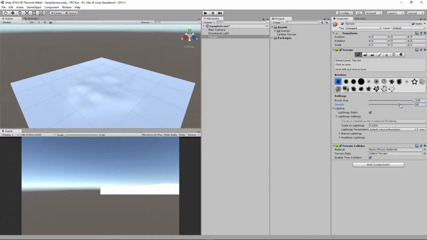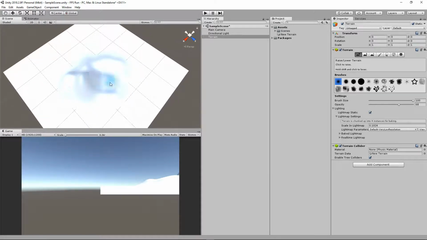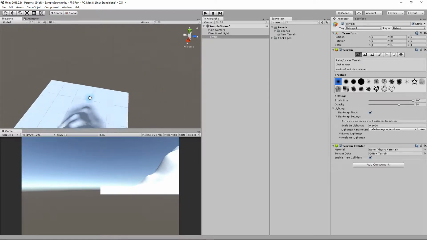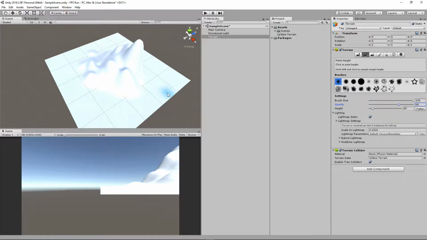And then we discussed you can hold down the shift key and left click at the same time to invert your work. Okay, so there's our island, and now what we're going to do is